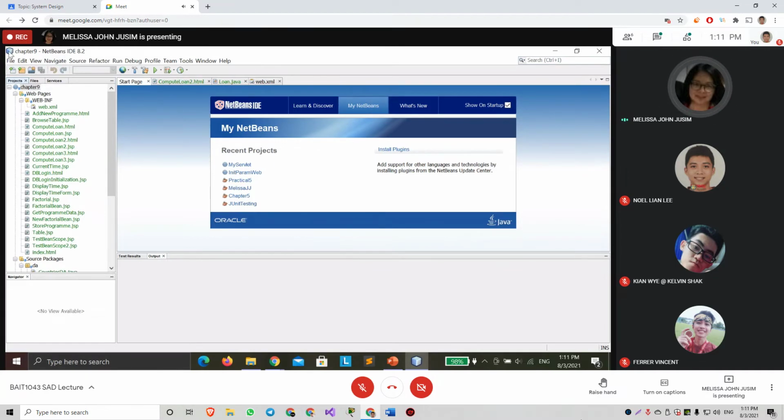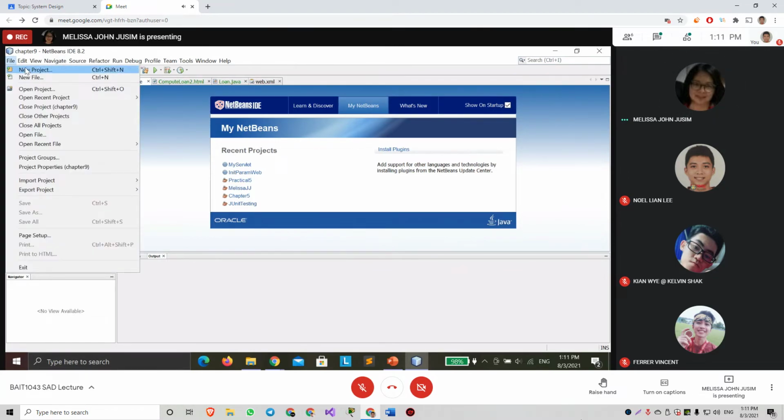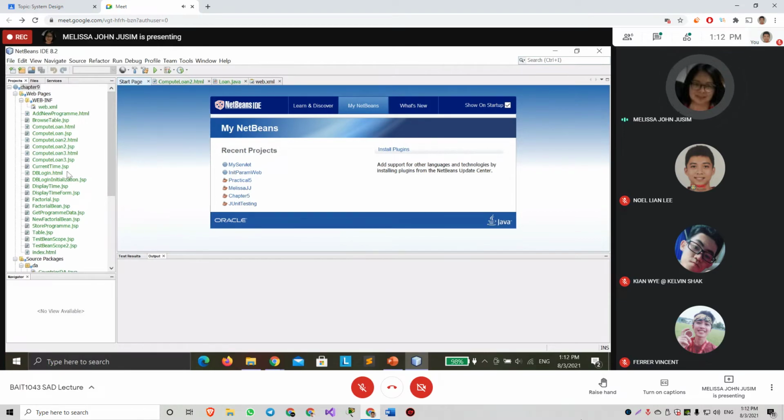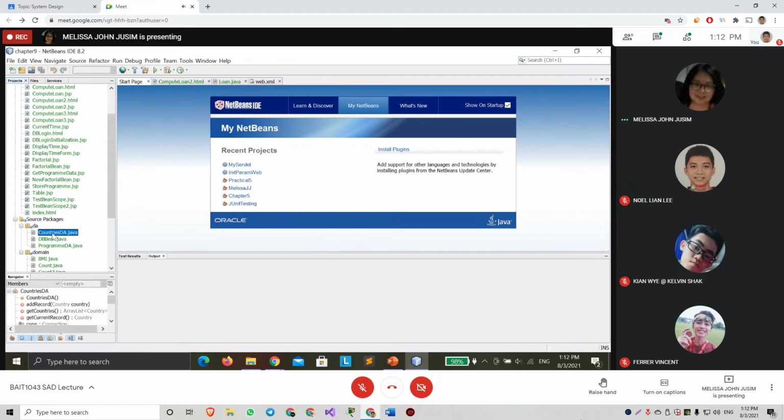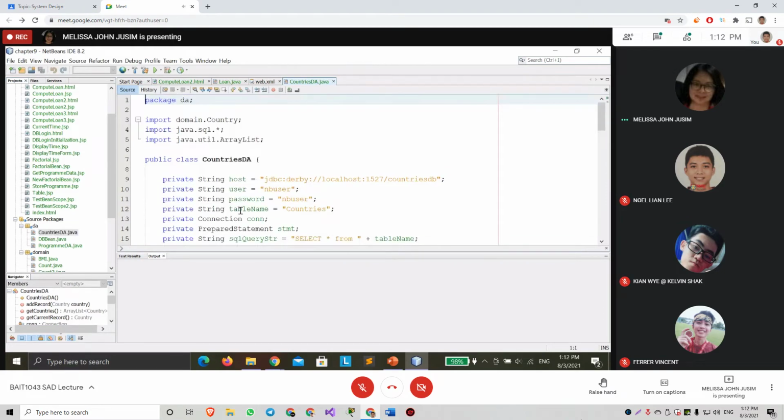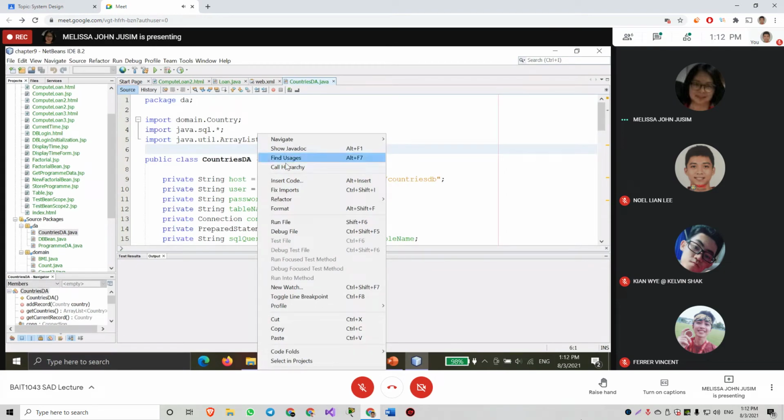This is a web app file. Okay, insert code.